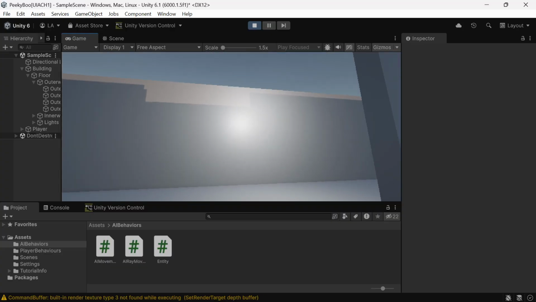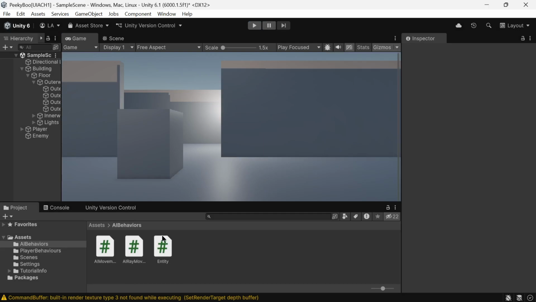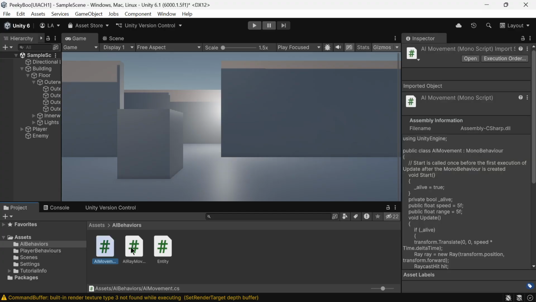This is good, right? So this is just my implementation. It's just a simple way to implement this AI movement and ensure that the game object which does get hit actually doesn't continue to move. So